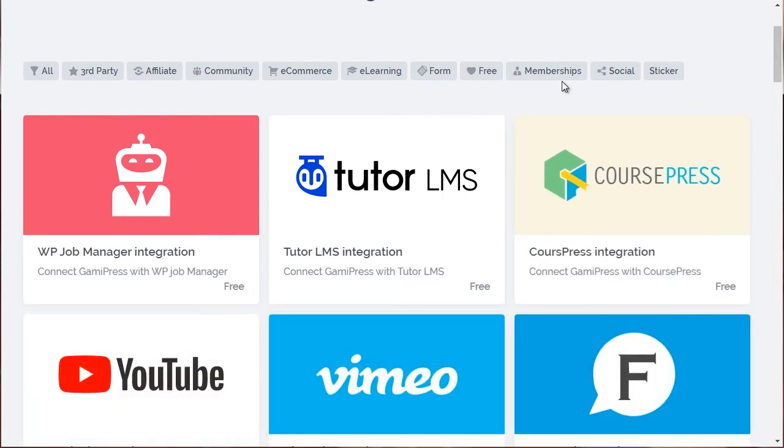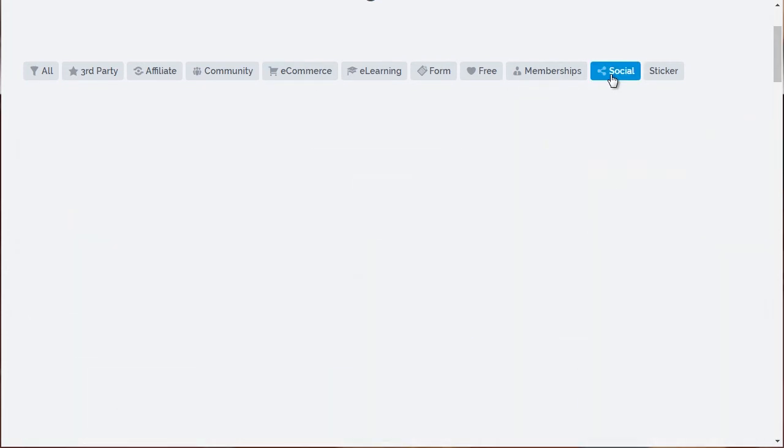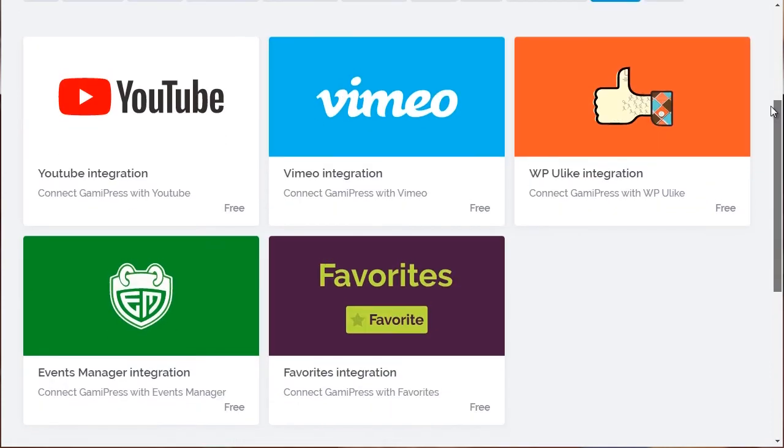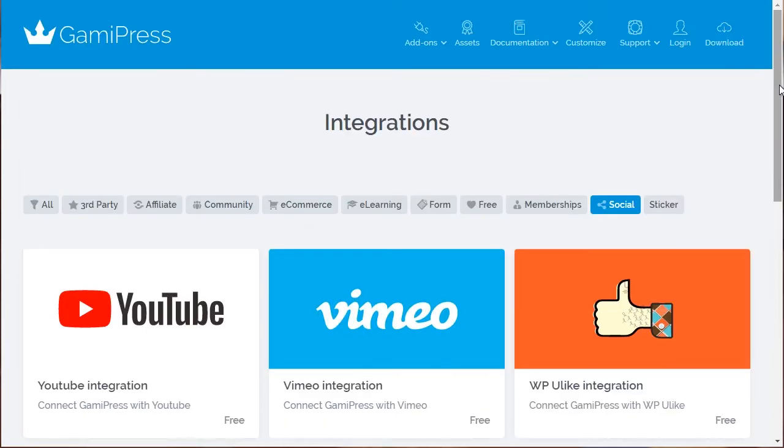So for example, you can click on social. So you could connect GammaPress with YouTube or Vimeo. So in other words, you can give people points based on if they watch a certain amount of video. They can do other things. Let's click on all